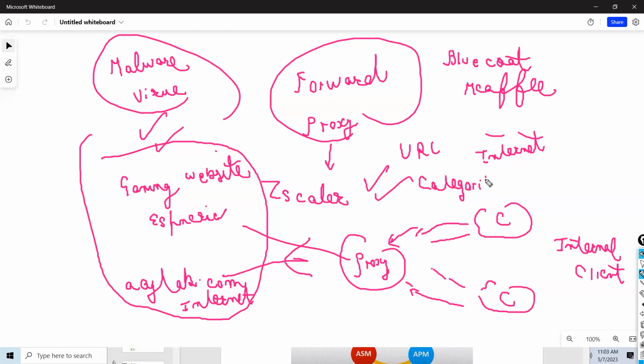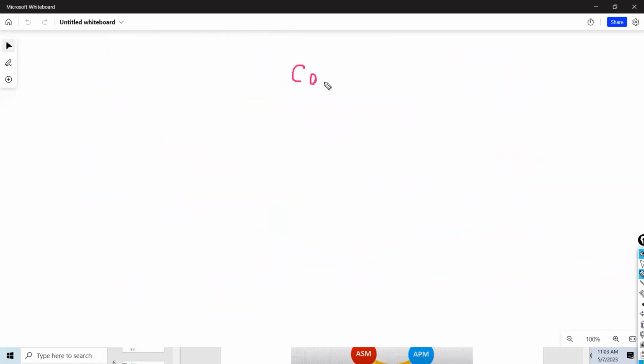I can apply a restriction on which types of websites users in my organization can access. That is where we need a forward proxy device. I can do URL filtering. When I talk about a forward proxy, that is called URL filtering. So when you were in college, guys, everyone has done a degree in college.